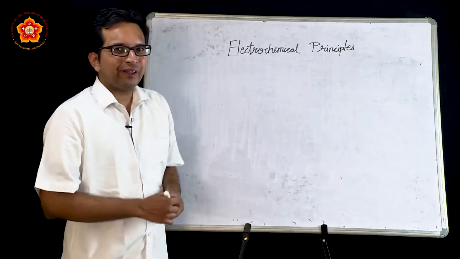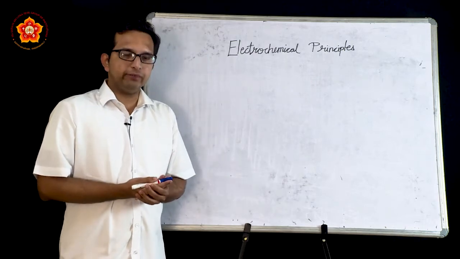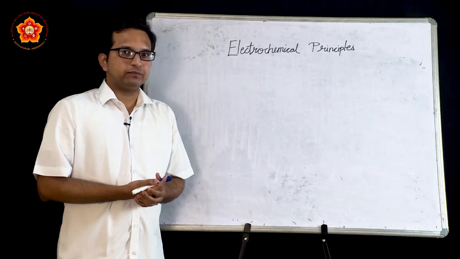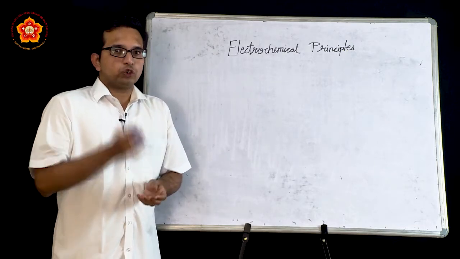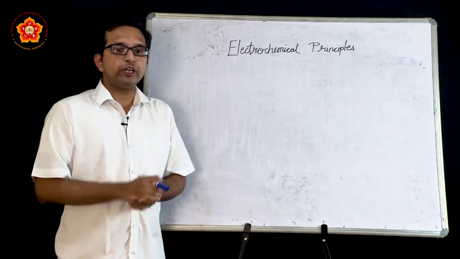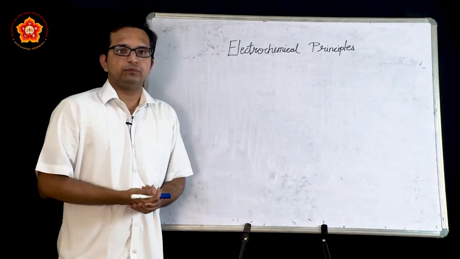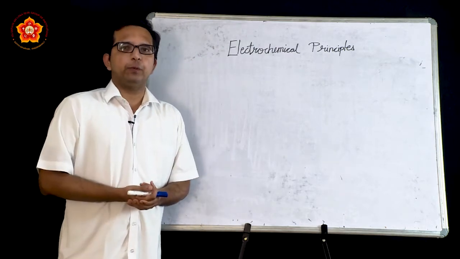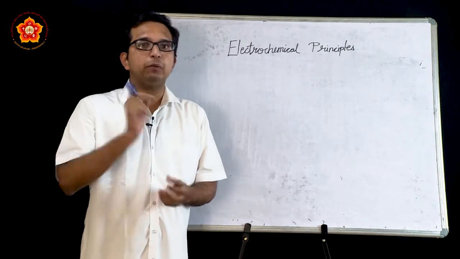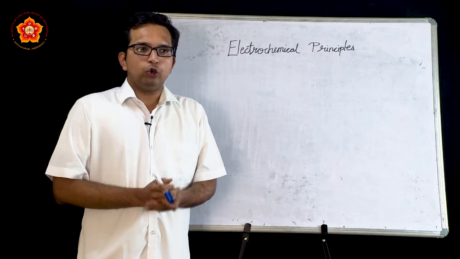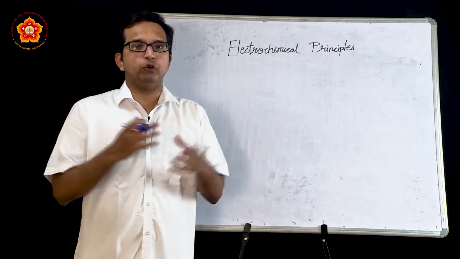Salam all of you. Having seen certain metallurgical processes in the extraction of iron, copper and zinc, all those were part of pyrometallurgical processes. So now we will look into certain electrochemical principles that are involved in these cases. So what do we mean by electrochemical process? This will involve the usage of electrical methods or electricity to identify compounds which can be isolated and purified.